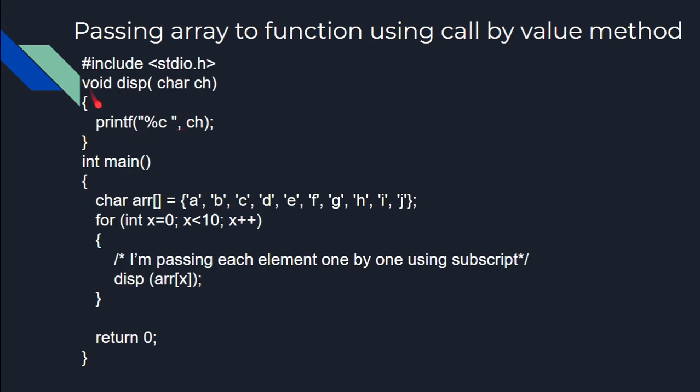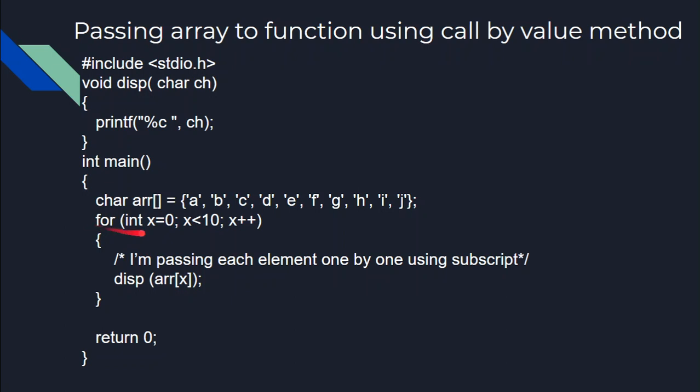Now the definition of the function is over. In main, the program starts with the regular open brace, and then this is the definition of the character array. We are defining some values, the small letters a to j. This array consists of character type variables which have the values a, b, c, d, e, f, g, h, i, and j. This is one set of array. We know that an array is a collection of similar elements under the same name stored in contiguous memory locations. Now we are going to display. The program is simply to display the values in the array. That's all.